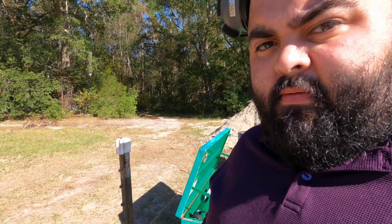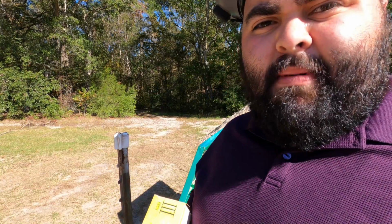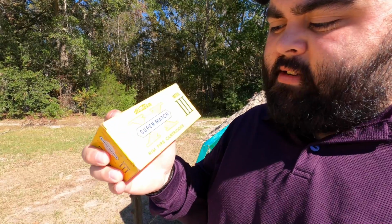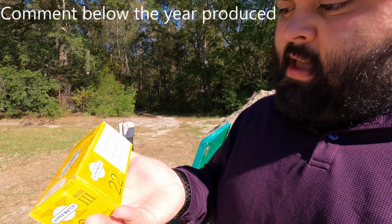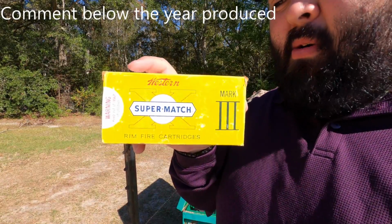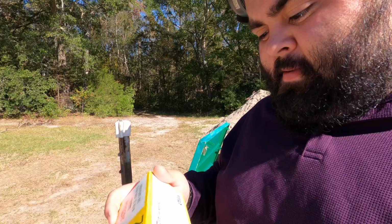Guys, I thought I was done recording. But, so we're out here at Jamie's place. I was like, hey man, I've run out of some ammo. You guys see this? Western Supermatch rimfire cartridges, Mark III, 500 rounds. Can anybody tell me how old this is? Jamie's only like 75, so